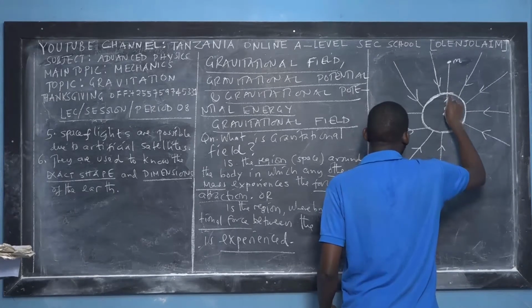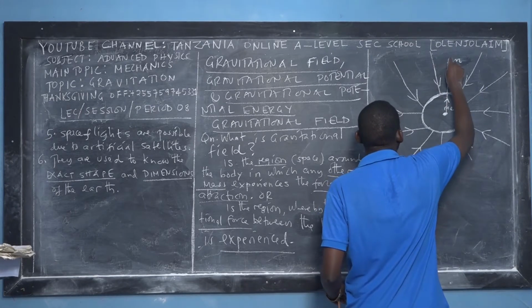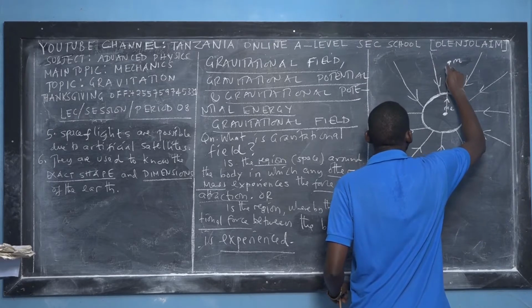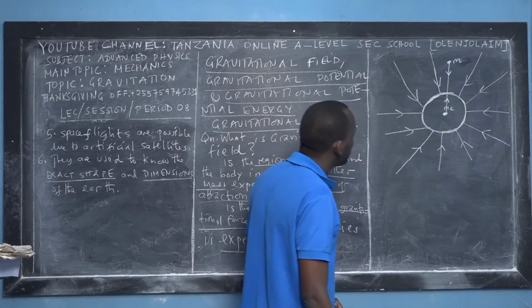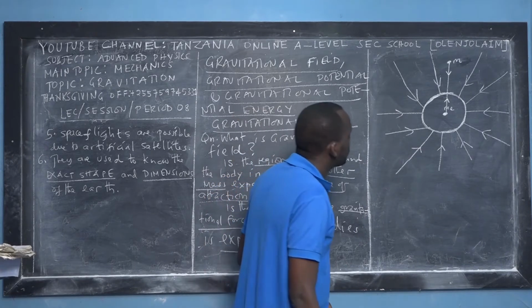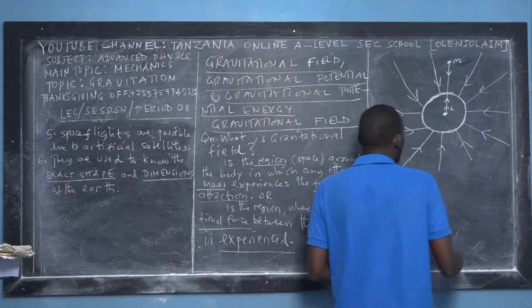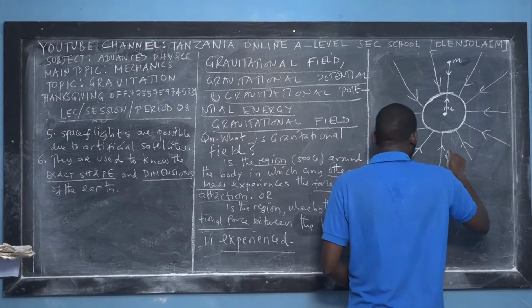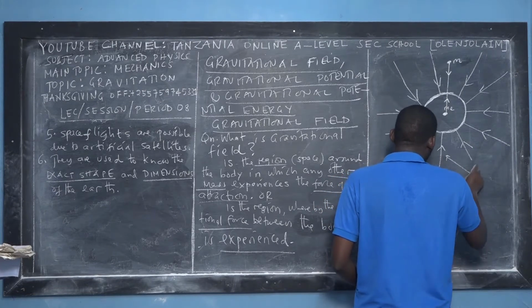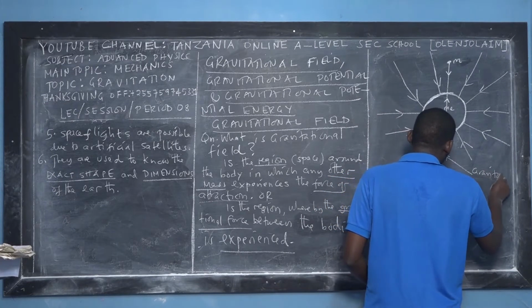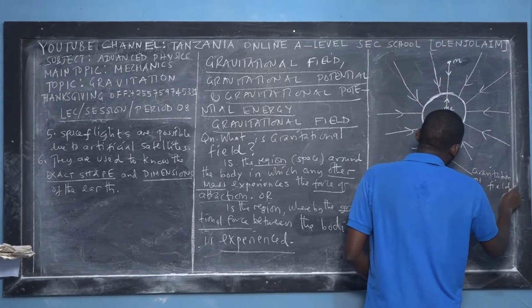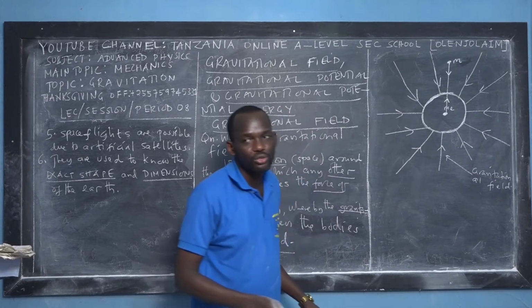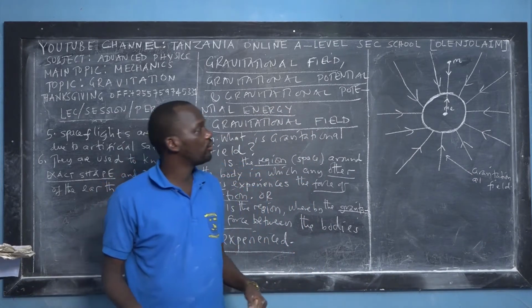The S is being attracted by the body of mass M, and the body of mass M is also being attracted. These regions we call the gravitational field. So the regions where there are attractions we call the gravitational field. Simply, the gravitational field means the regions where there is a force of attraction, because sometimes